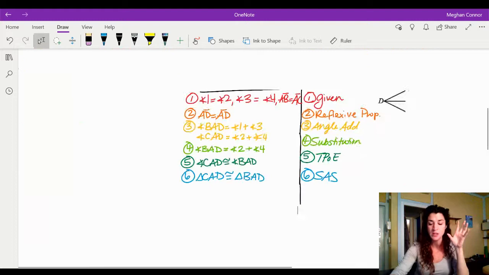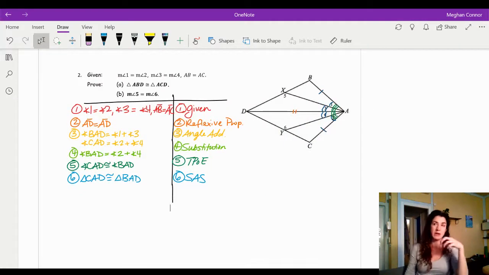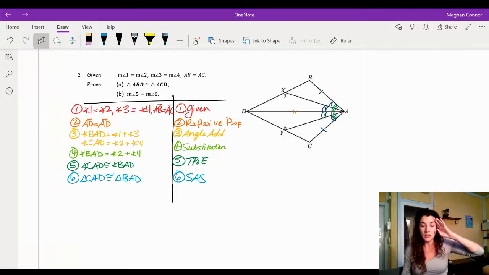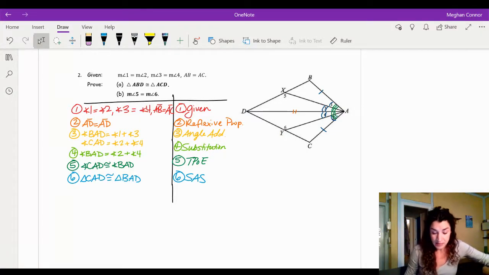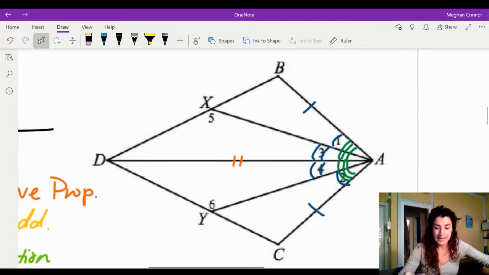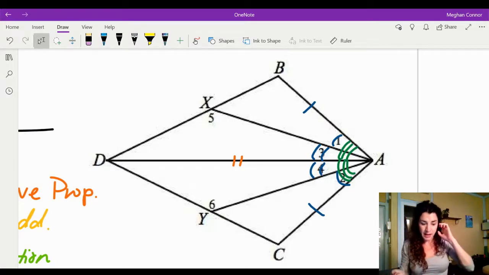Okay, I just proved that those two big triangles are equal. I now have the world of CPCTC open and available to me. I now need to see, okay, well, what am I going to do in order to prove the next piece? Now I need to prove that angle 5 and angle 6 are equal to each other. Realize that angle 5 and angle 6 are not a part of triangle BAD or CAD, right? It's like this weird part angle that's in the middle of it. But